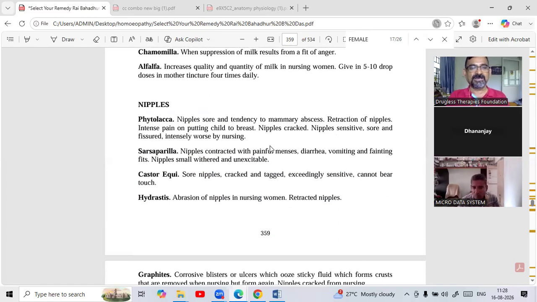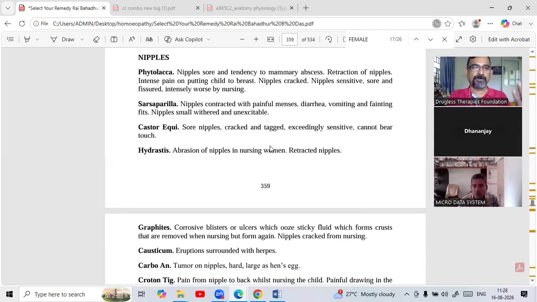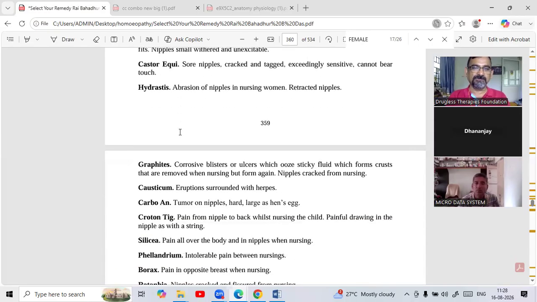There are so many things that you can go through. If nipples are affected, I was telling, castor equi is one of the most important remedies, even in breast cancer also, because retraction happens, cracks. So based on the symptoms, you can